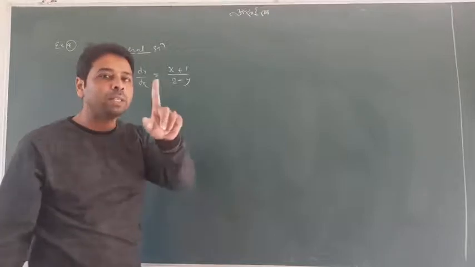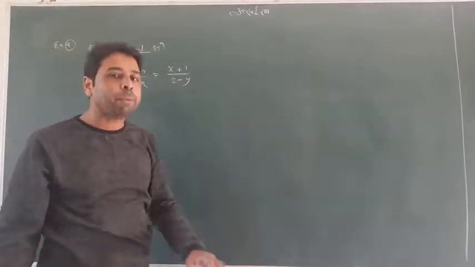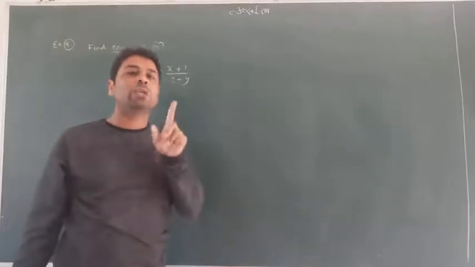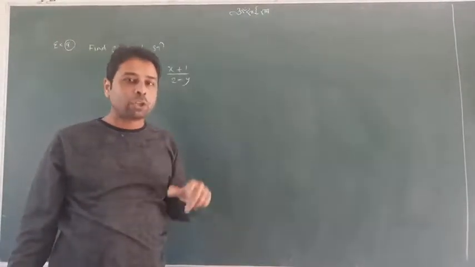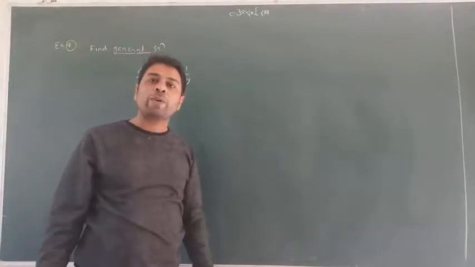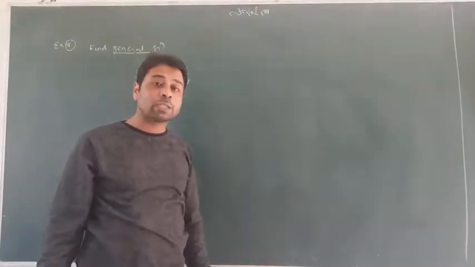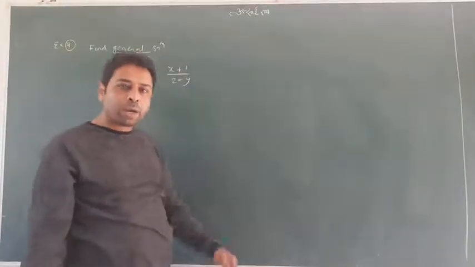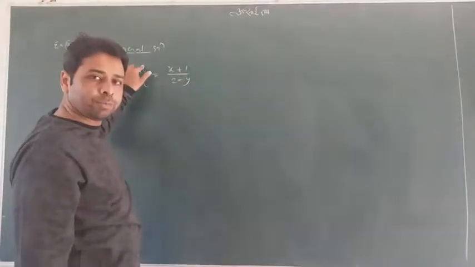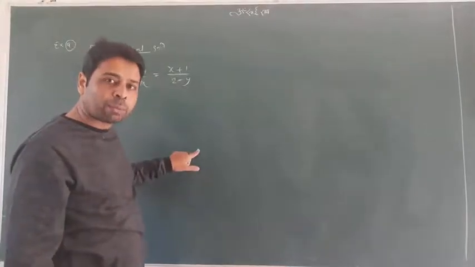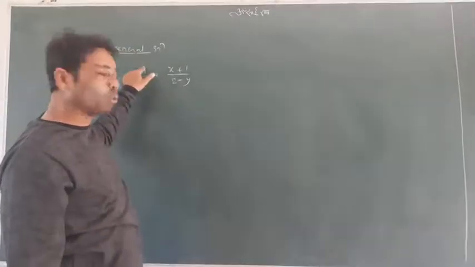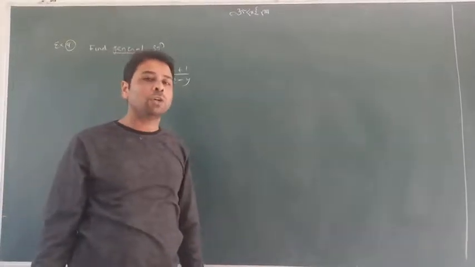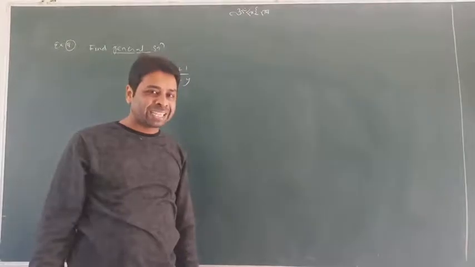It will contain one arbitrary constant. So wherever only dy by dx is there, it will contain only one arbitrary constant. If somewhere it is d square y by dx square, and when you solve this, even though it is not in your syllabus, I am telling you, where the order is 1, in the solution you will get one arbitrary constant. If the order is 2, you will have 2 arbitrary constants in its solution. But that is not in your syllabus, but remember the sentence.